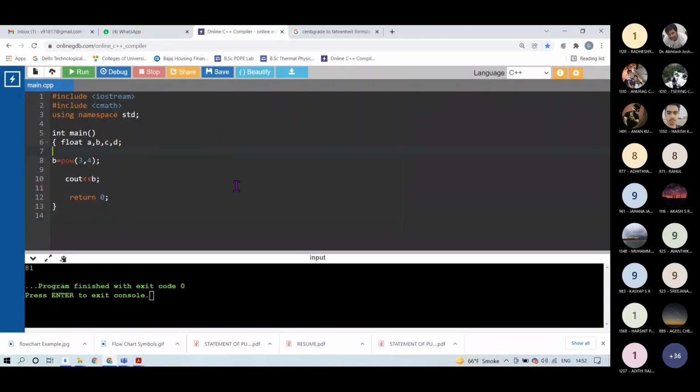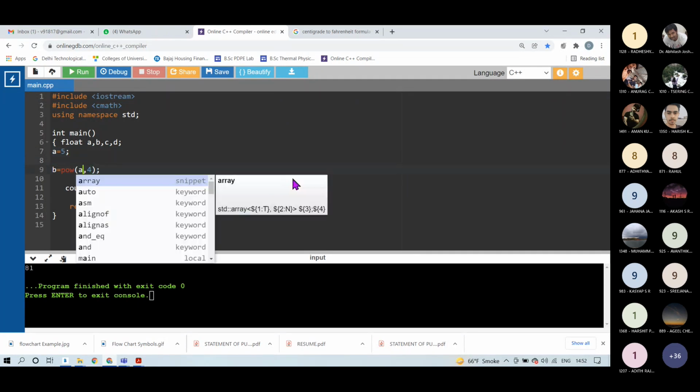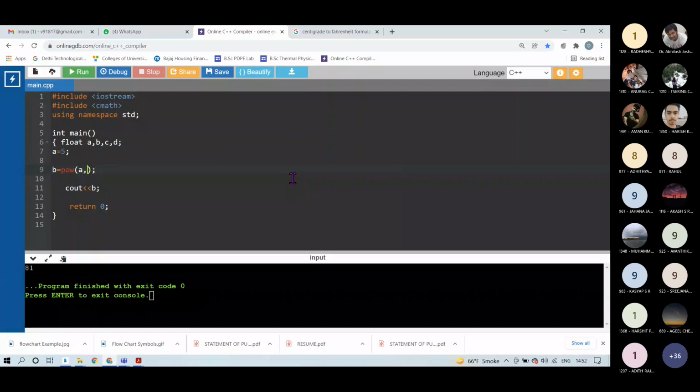I can also write something like this: a is equal to 5, and then use the power function with a raised to the power 3. In line 9, you can see b is equal to POW(a, 3), which means a cube.